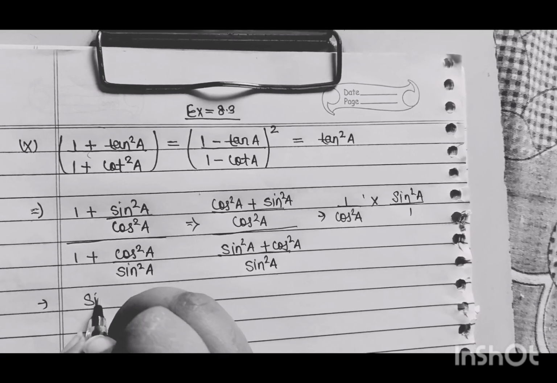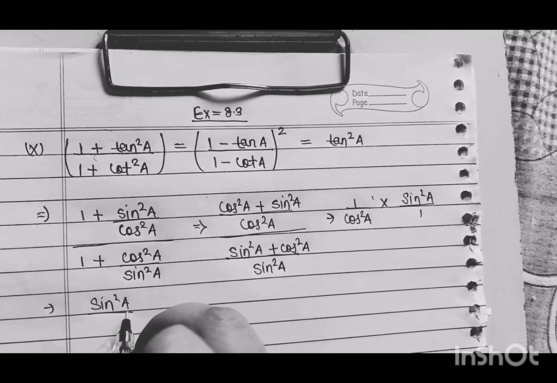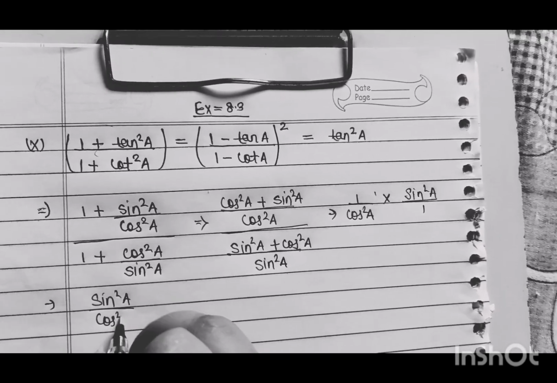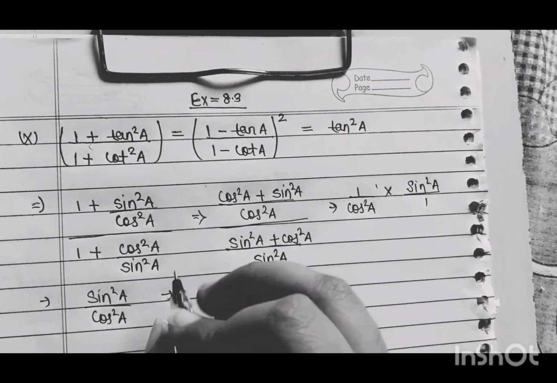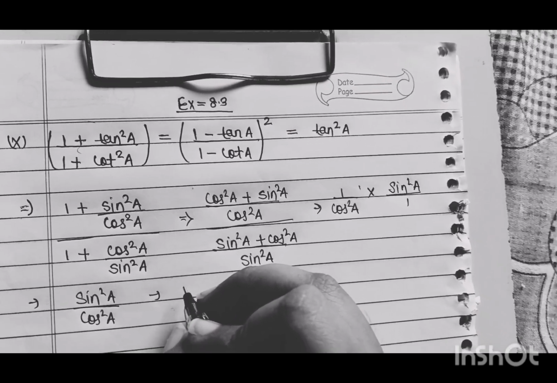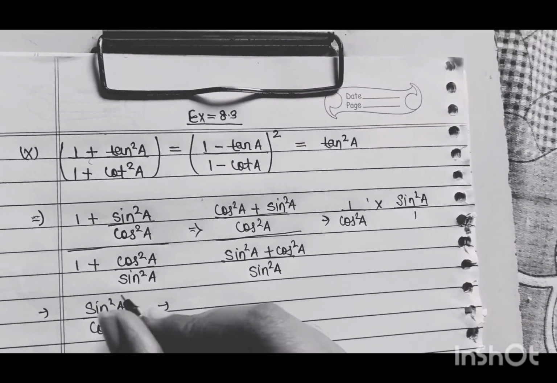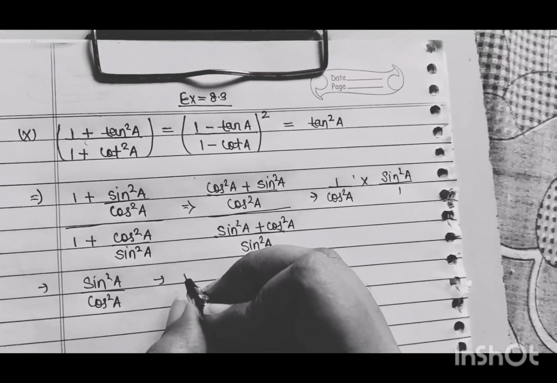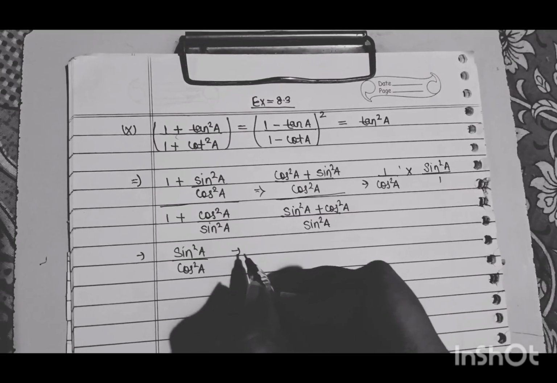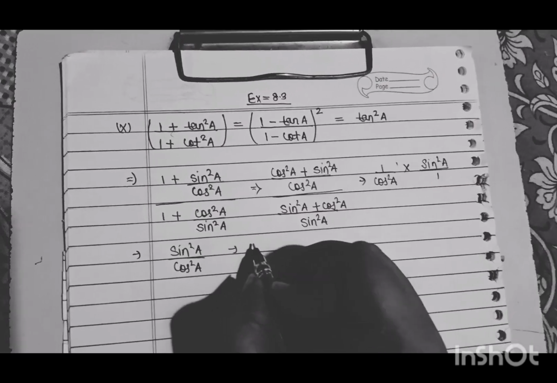So it will become sin square A divided by cos square A, and we know that sin A by cos A is tan A, and here because it is squared, sin square A divided by cos square A equals